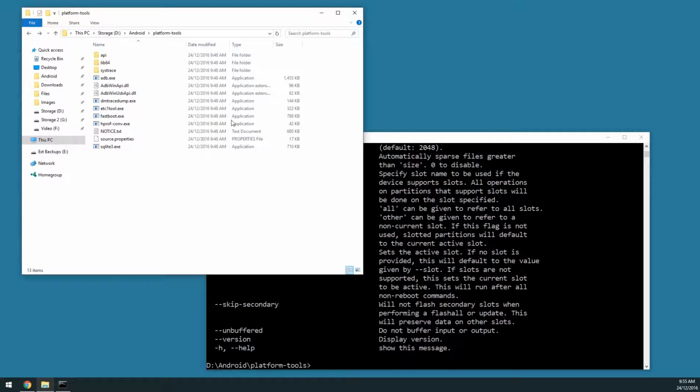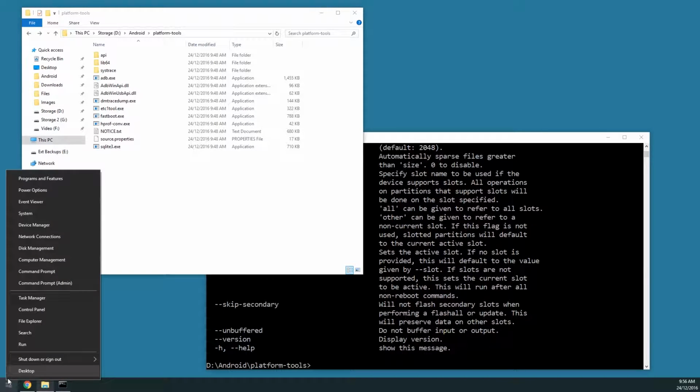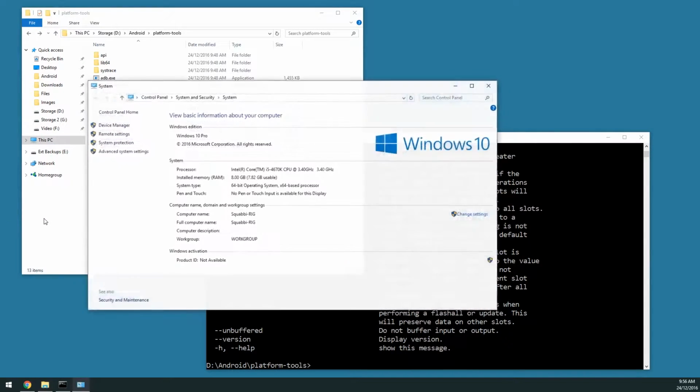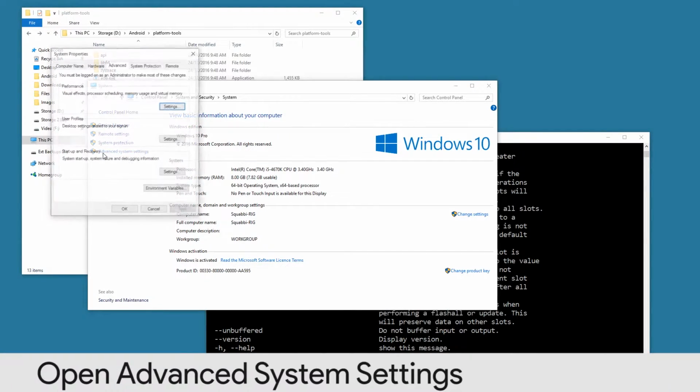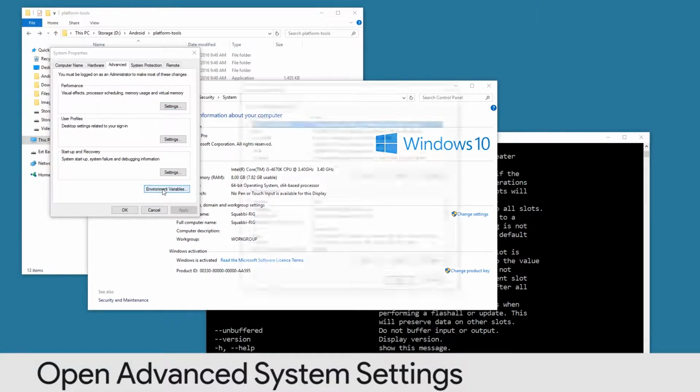So for example, I'm going to leave the folder as is here on my D drive, and it's not going to move. Then you can pretty much do this, add it to your environment variable, sorry, your path environment variable, and then you'll be able to access, like I've said, ADB and fastboot in any command prompt window without changing the directory. So to do this, we're going to right click on our start button, click on system, and then over on the left hand side, we're going to click advanced system settings, and then go to environment variables,